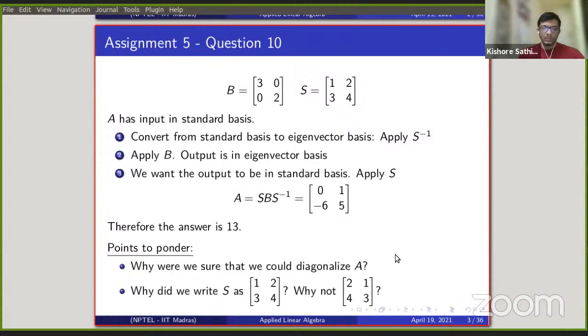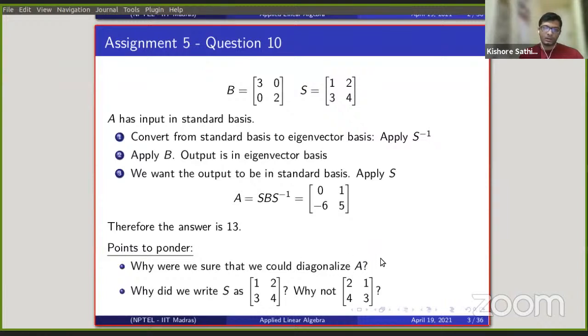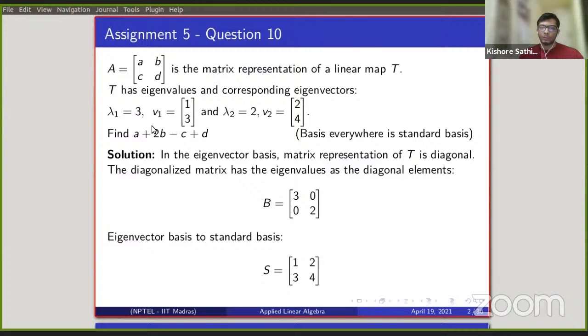So two of the main things that we should wonder in this question: the first one is, I had immediately said we can write A in the diagonal form with the eigenvalues along the diagonal. So we know that we can't always diagonalize a matrix, right? Why were we immediately able to say that we could find a diagonal form for this linear map? The reason is that we have enough eigenvectors as the dimension of this. So A is a 2 cross 2 matrix, and we have already been given two